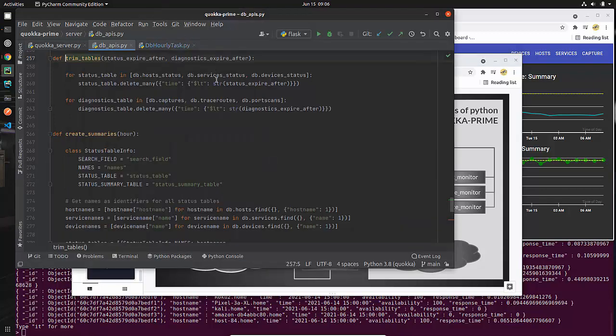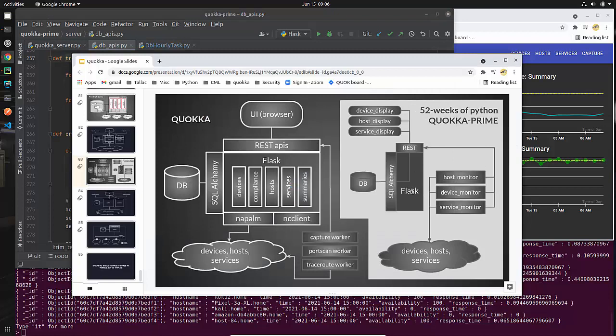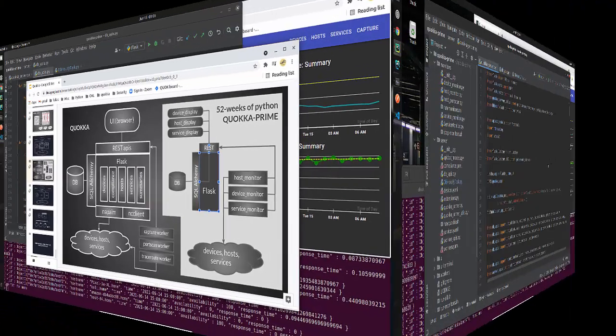You can see a little bit here in my database APIs. I have a function called trim tables, and I have a function called create summaries, and I'm actually running that within my Quokka server, so within this Flask thing that you see right there. So I have one of these running in here now, and that's what we'll look at next.